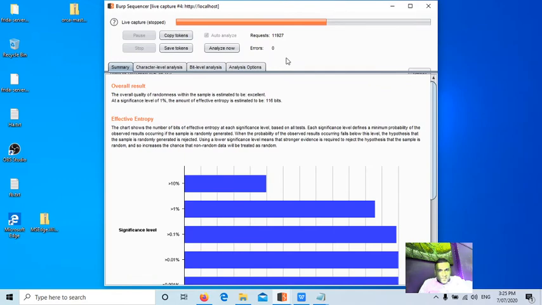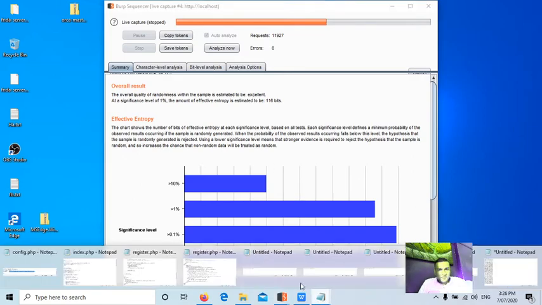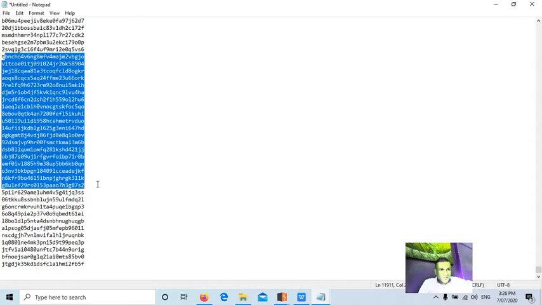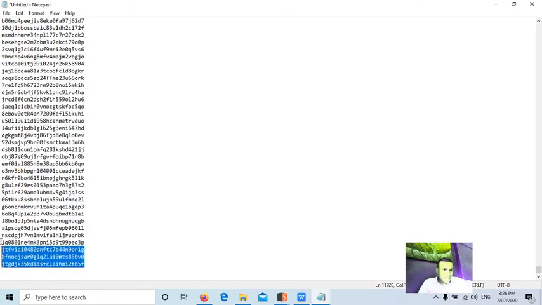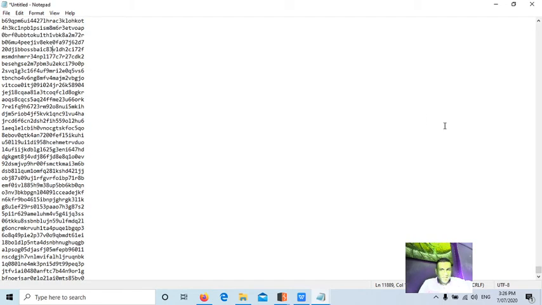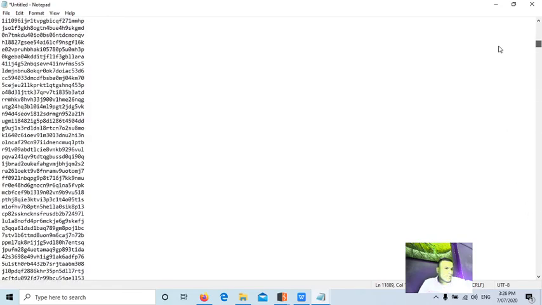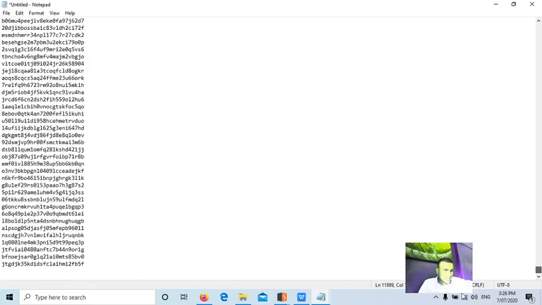This is how you check for weak session randomness, guys. Sometimes applications use poor logic so that they won't generate random session IDs. They will generate too many duplicates, so here you can see the result as not random data. And when you do the analysis, you have to save this on your machine so that you can tell the client when he comes back to you how you checked. Then you can tell them that you downloaded 10,000 session IDs to check.